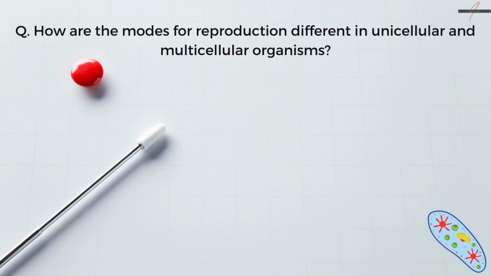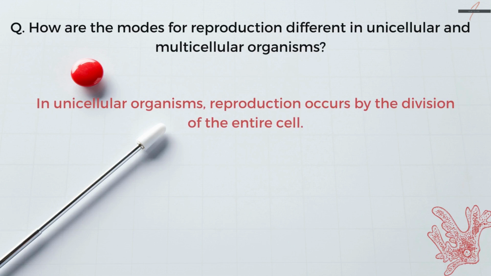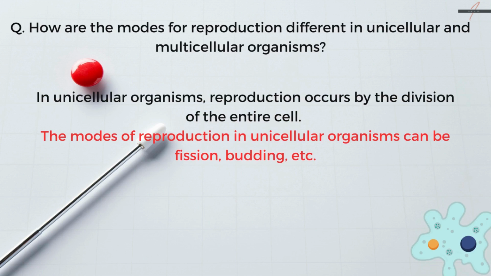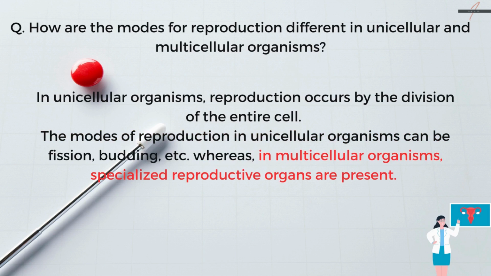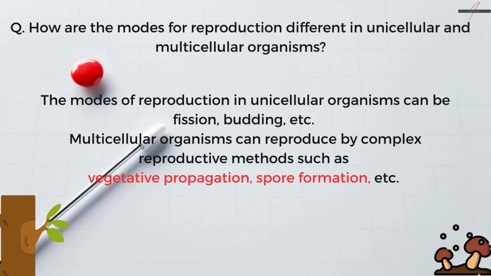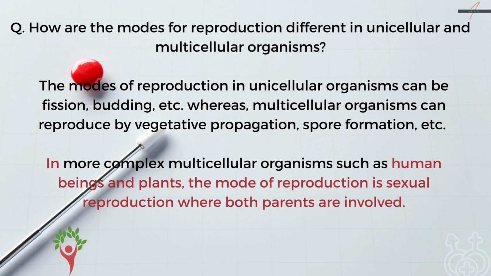How are the modes of reproduction different in unicellular and multicellular organisms? In unicellular organisms, reproduction occurs by the division of the entire cell. The modes of reproduction in unicellular organisms can be fission, budding, etc., whereas in multicellular organisms, specialized reproductive organs are present. Therefore, they can reproduce by complex reproductive methods such as vegetative propagation, spore formation, etc. In more complex multicellular organisms like human beings and plants, the mode of reproduction is sexual reproduction where both parents are involved. Moving on to our next topic,